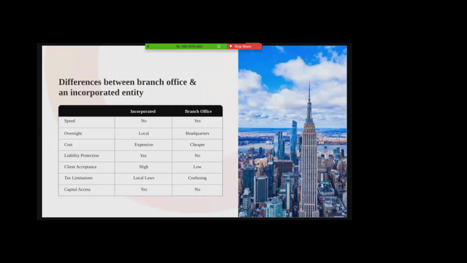Okay. So another question that Raj mentions is, you mentioned oversight as a term. Could you explain that a bit more? Yeah, definitely. When we say oversight, it's basically how the company is managed. In an incorporated entity, there will be a CEO, and vice presidents who will be in charge of different verticals, different domains. They will be in charge of the entire operation. Whereas a branch office generally will have a manager who reports to the headquarters, and he will just perform the duty as instructed by the headquarters. There is no independent decision making in the branch office. That is the concept of oversight.